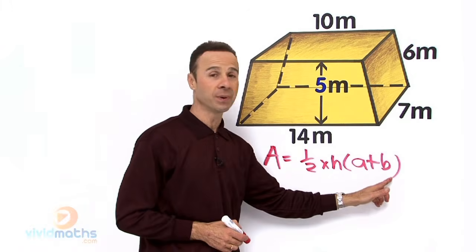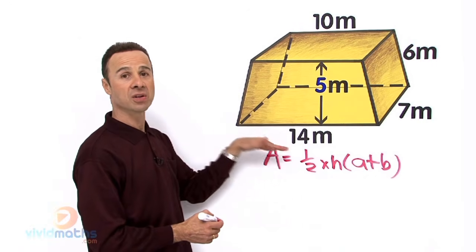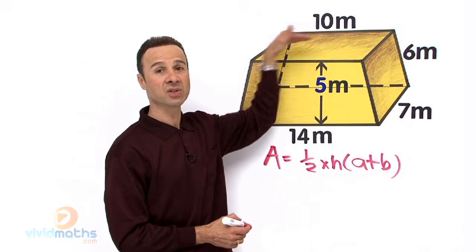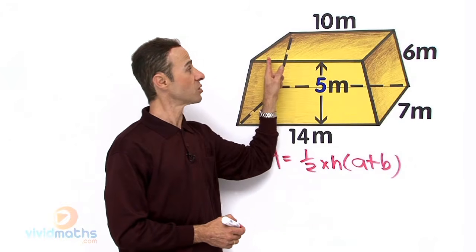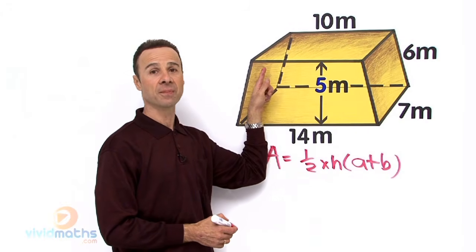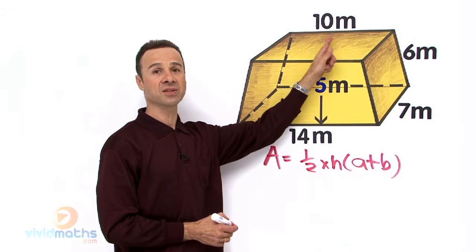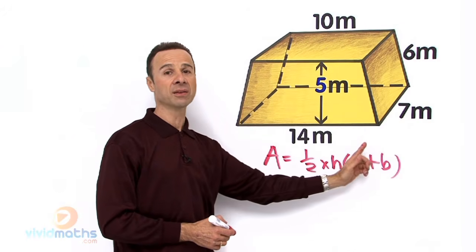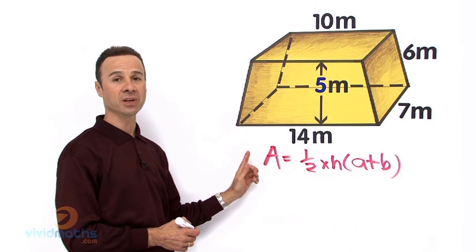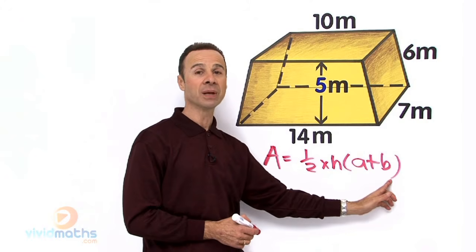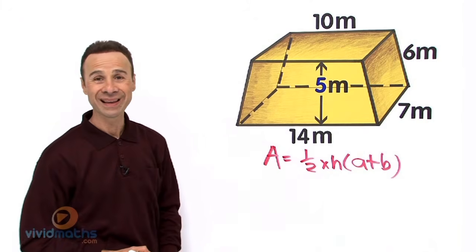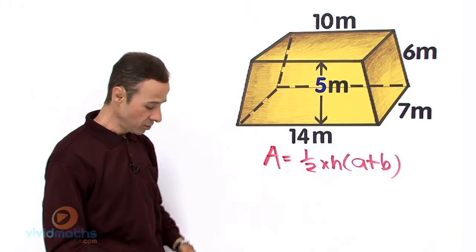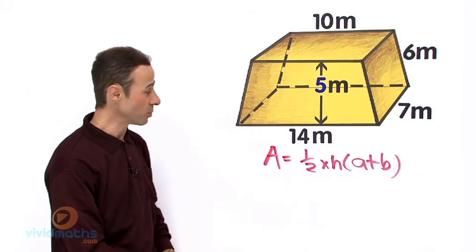And the A plus B are the 2 parallel lines at top and bottom. We got here 10 meters across here. So if that's 10, that's also 10 here. Yeah, can you see that? That's 10 because that's 10. And down the bottom here at the base, we have 14 meters. So that's going to be A and B respectively. So let's plug in, drag and drop those numbers into the formula so we can work out the trapezium area